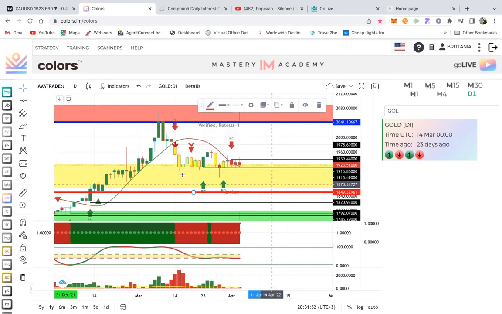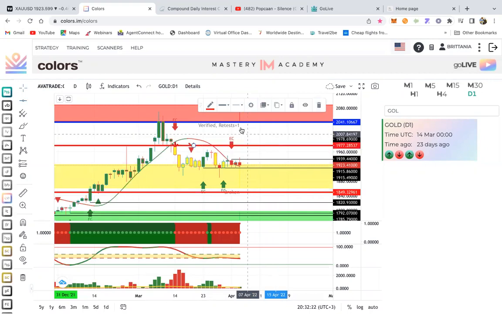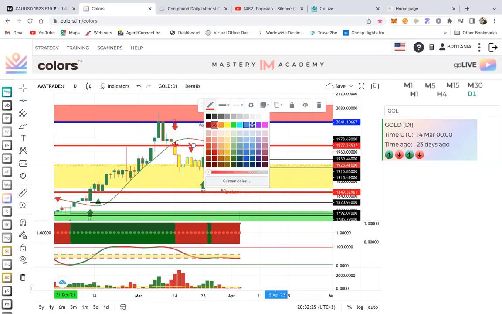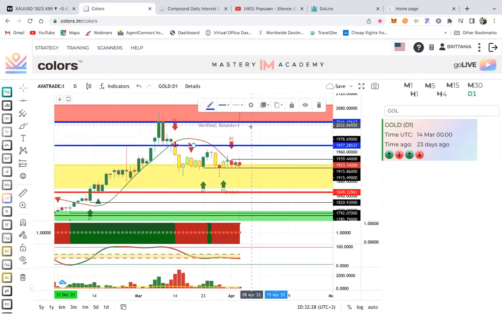Boom. And then all I have to do is put my TP right above structure right here where the red box is, right? Or if you don't want to put your TP so far, if you have a small account, you could always use these lines. These black lines, you can use them as TPs, right? So this could be TP1, this could be TP2, right? Let me put a blue line right here. This could be TP1, right? And under the red box could be TP2, and that's it. So we keep it very, very simple, right? All right, boom. So that's section one done right there.